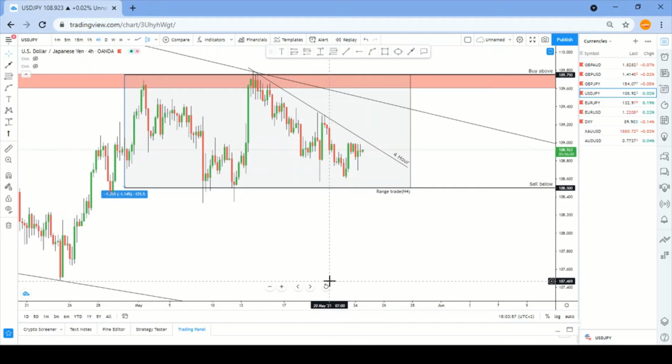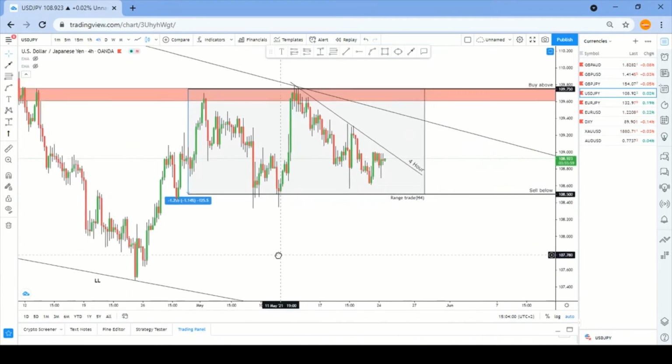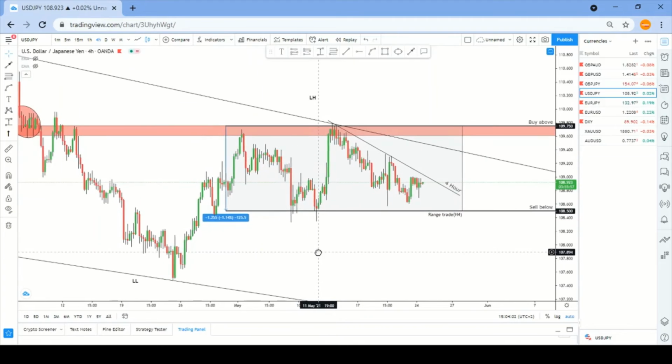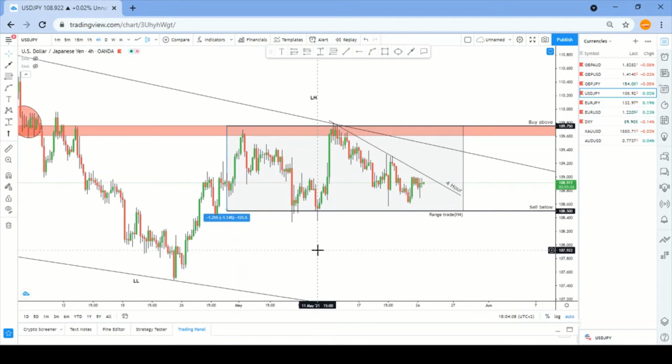This is one of my favorite trades to take this month or in the new month coming. Reason being, this is the easiest technical analysis you will ever get. Basically, we're ranging in a 125 pip range. And how this works with the ranging trade is whatever direction it breaks out, that is where you take the trade. So if we have a break above 109.750, if you get a significant retest, you'd buy, and if you break below 108.500 and you get a significant retest, you'd sell, and approximate take profit levels is the length or the height